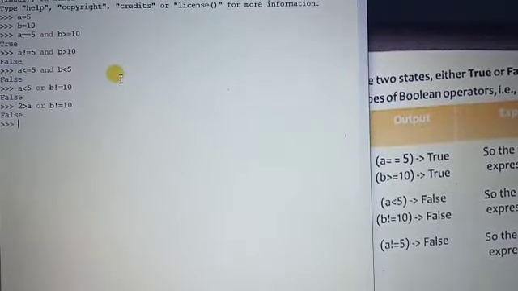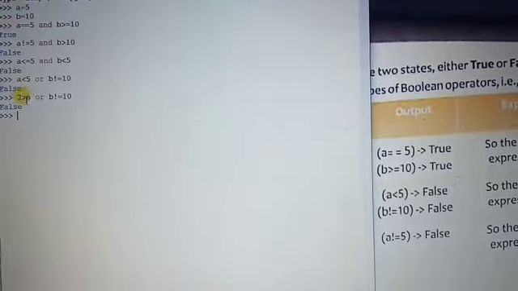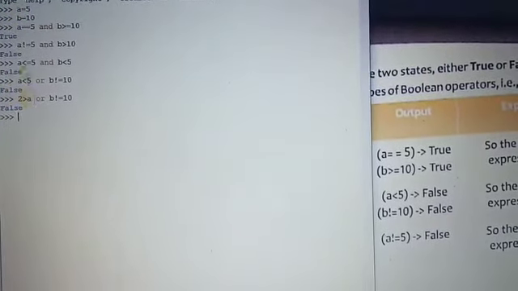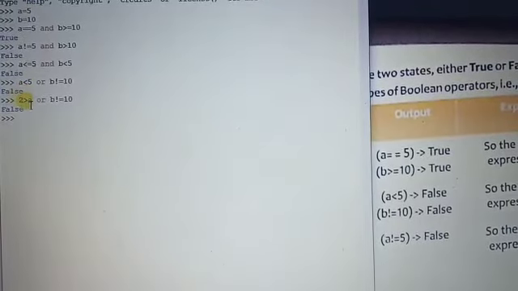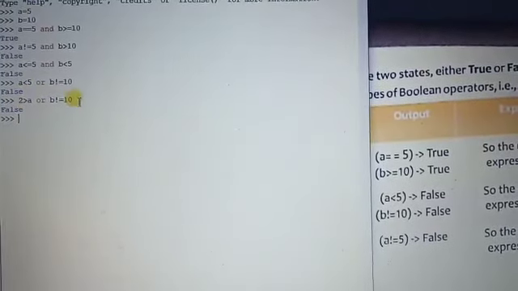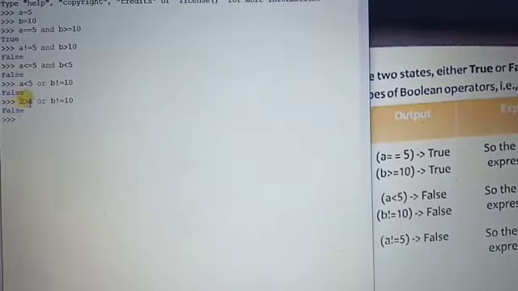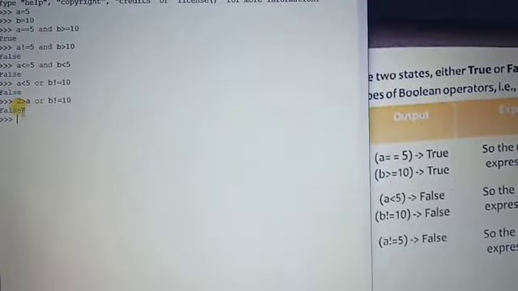The final output is false. Why? The literal value 2 is greater than a. The value of a is 5. 2 greater than 5, the output is false. Again b not equal to 10, the output is false. In the same manner, both expressions are evaluated false, so the final output is false.